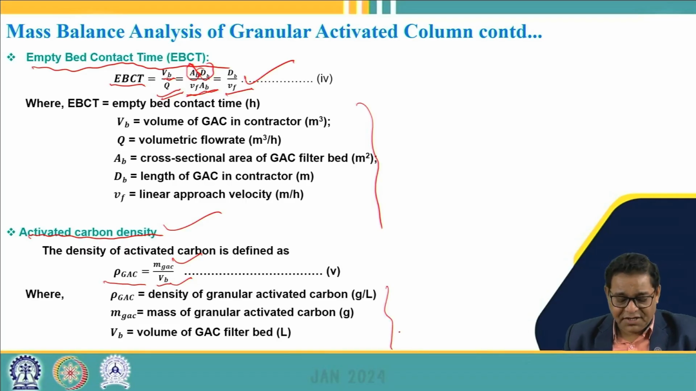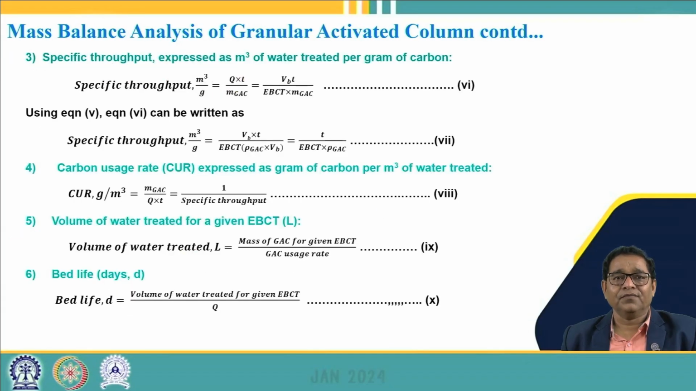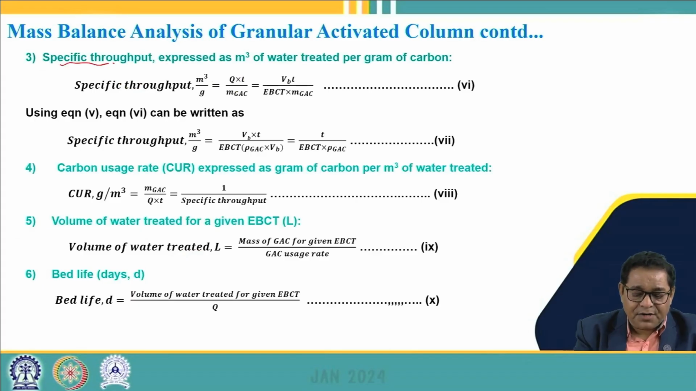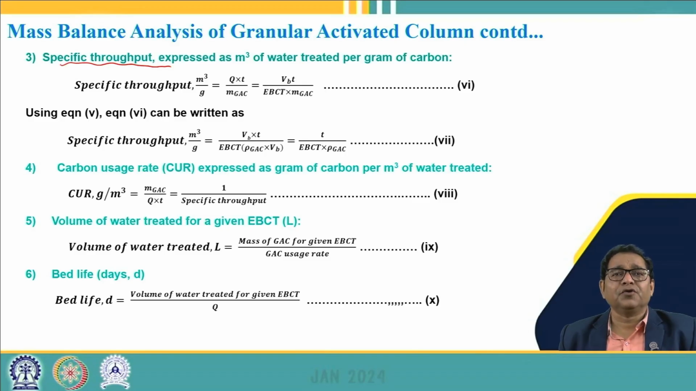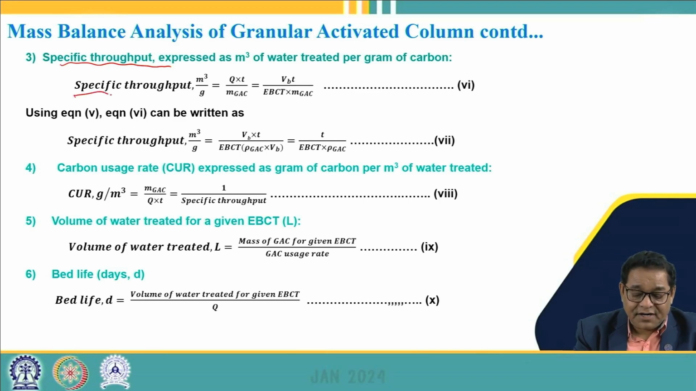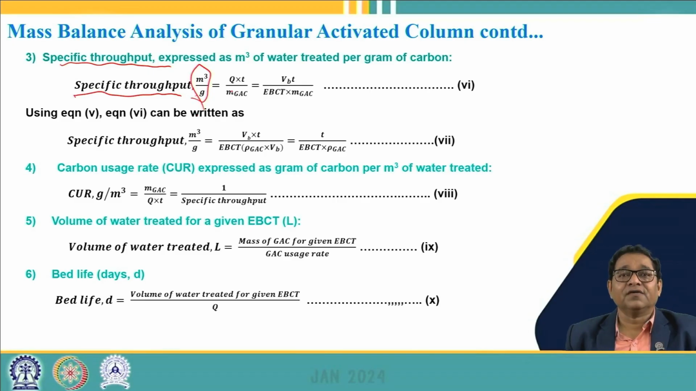So by taking the ratio of the two, we can find out the density of the activated carbon. Then we have the specific throughput volume of water treated. This specific throughput is defined as the volume of water treated per gram of the adsorbent used. It is defined as the specific throughput volume, whose unit is meter cube per gram, and this